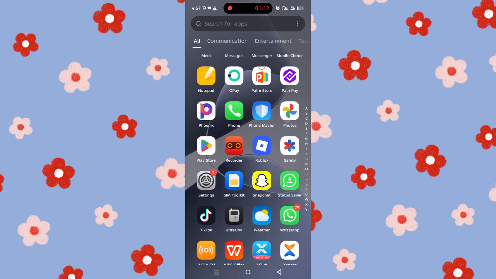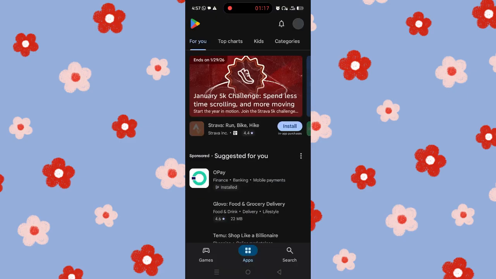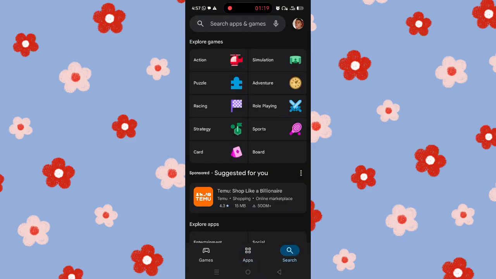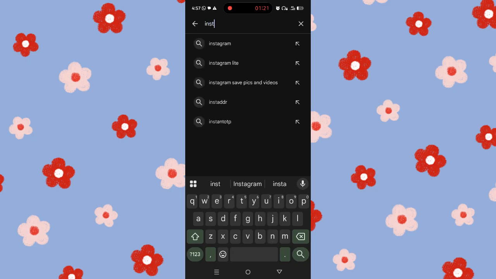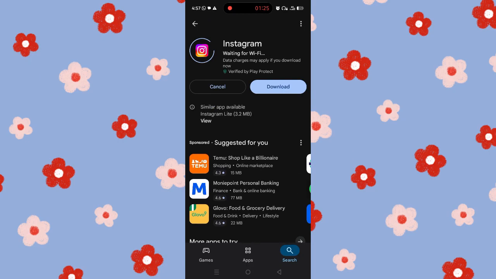Another way to do it is to come over to your Play Store or your App Store. If you're using iOS, go to your App Store. If you're using an Android like me, go to your Play Store. Then search for Instagram right here. Once you're on Instagram, you want to make sure you have the latest version of Instagram. So click on update or get the latest version update,